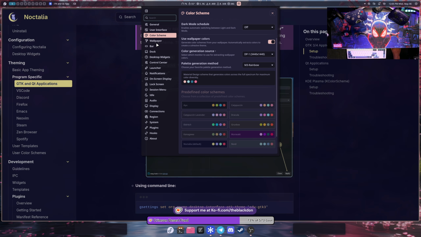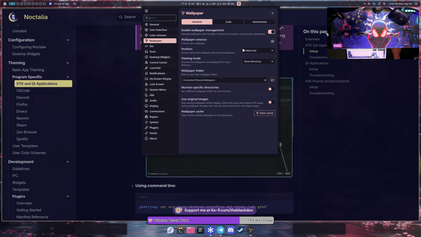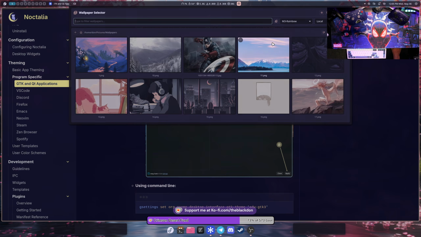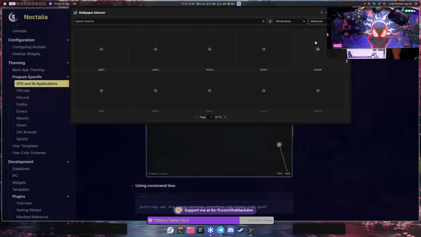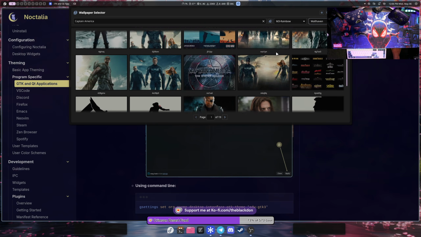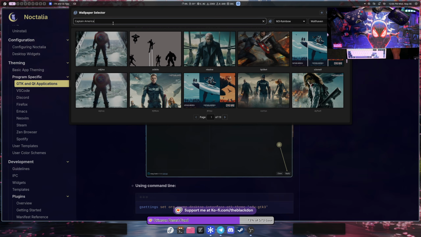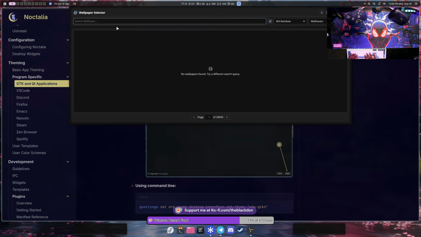And then as far as the wallpapers go, if we go into wallpapers here, you do have to update your wallpaper folder to where your wallpapers are, whatever the directory is. You could just choose it from the wallpaper folder here. And then you have the actual wallpaper selector that pops up just like this. And you can also do, oh, there we go. The theme finally just changed. Instead of using the wallpaper colors, so using local, you can go to Wallhaven, and then a bunch of options will be here. So obviously I searched Captain America there, but you can do things like